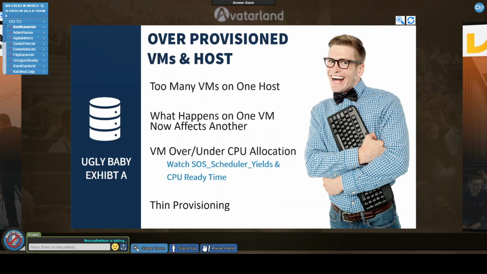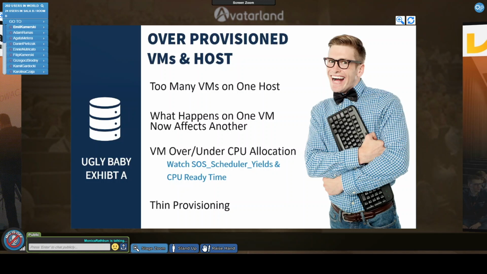Now, one of those indicators, which I saw on this retailer that I just talked about, is they over-allocated CPUs on a host. The host had 16 CPUs, but they ended up allocating 72 CPUs on all of the VMs that are on that host. Yes, you heard me right. The actual host box had 16 CPUs, but when they gave each VM a CPU allocation, it all added up to 72. It was completely over allocated, which meant inside SQL Server, I was seeing SOS scheduler yield waits,